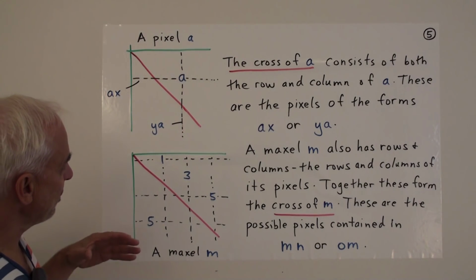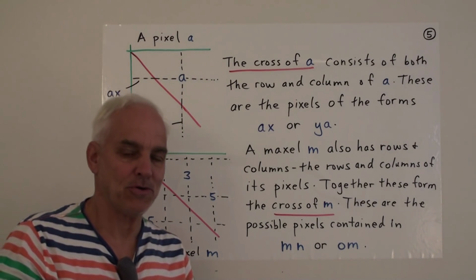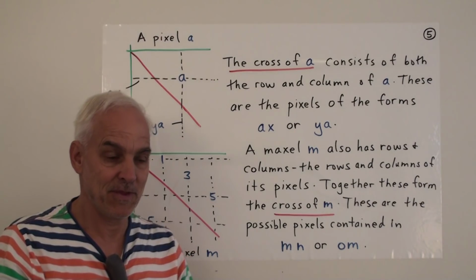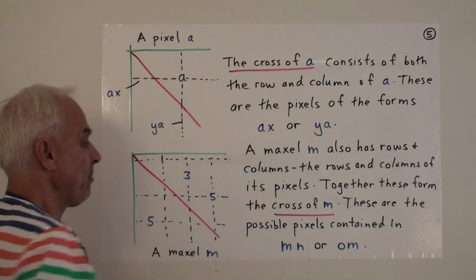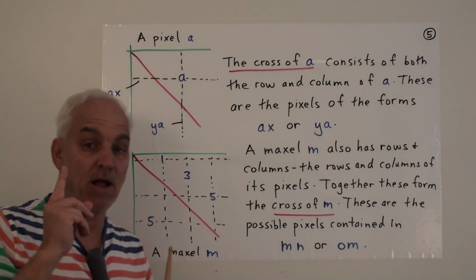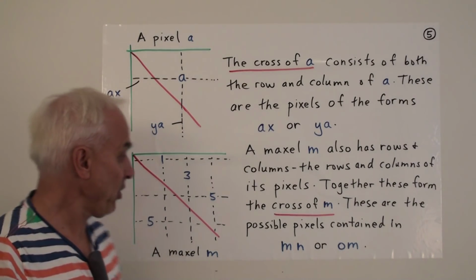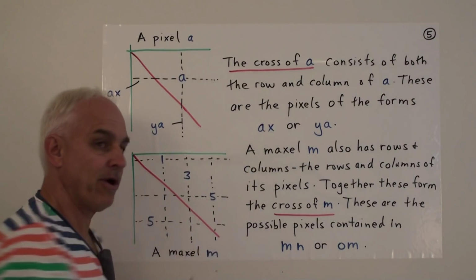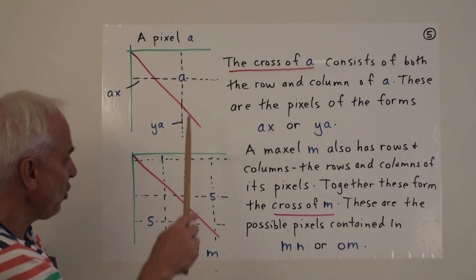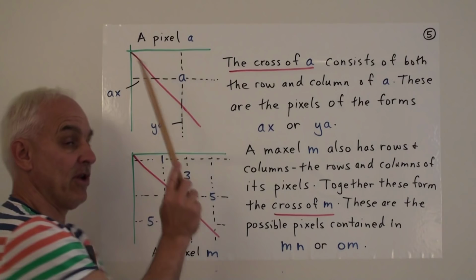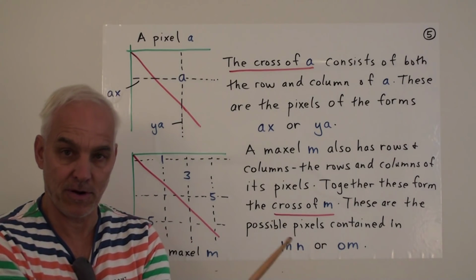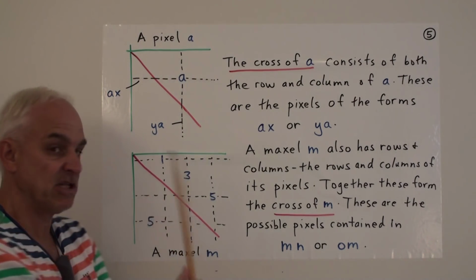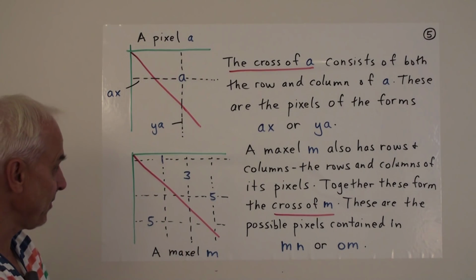And now, of course, when we're doing linear algebra, we want to go to the maxils. Maxils are multi-sets of pixels. We're considering not just one pixel, but a whole bunch of pixels with multiplicities. And we're going to agree that to represent a maxil in this picture, we're going to record the multiplicities that various pixels occur, and just write down those multiplicities in the corresponding spots of the pixels.